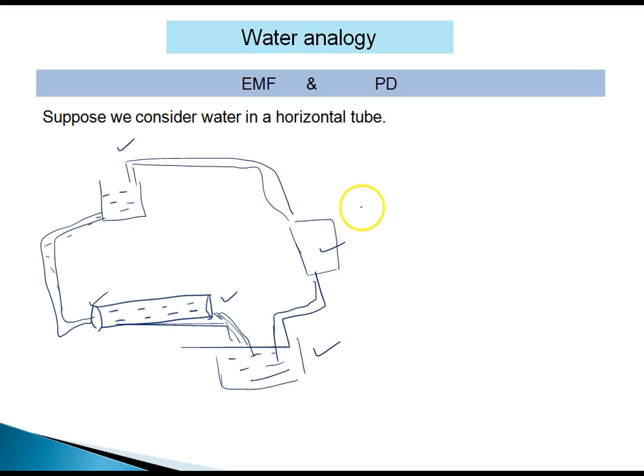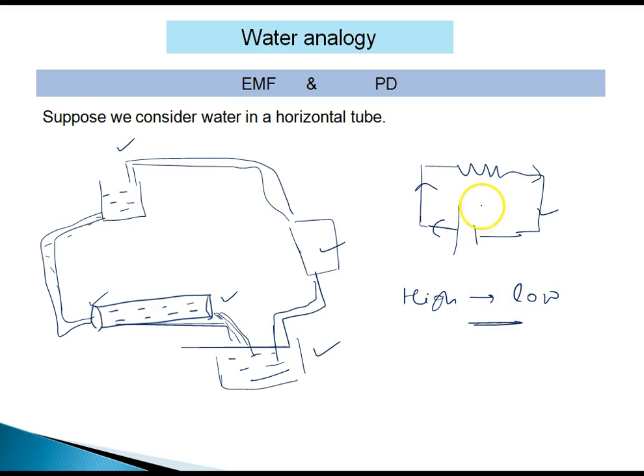Suppose there is a circuit. In the circuit, this is the positive terminal, this is the negative terminal, and this is the resistance, like this. Now charge is flowing. All of you know positive charge flows like this. This is the direction of flow of charge. Now, we all know positive charge always flows from high potential to low potential. Now tell me, what is happening inside the battery? If you want the continuity of the circuit, you have to say the positive charge is moving from low potential to high potential.